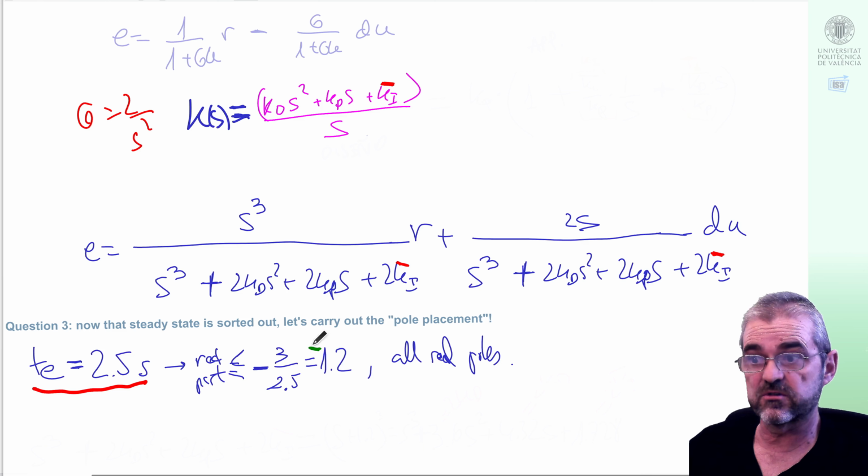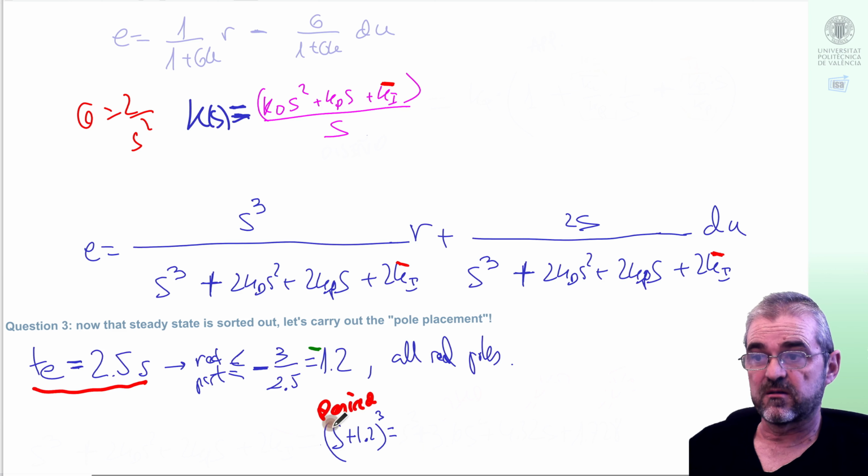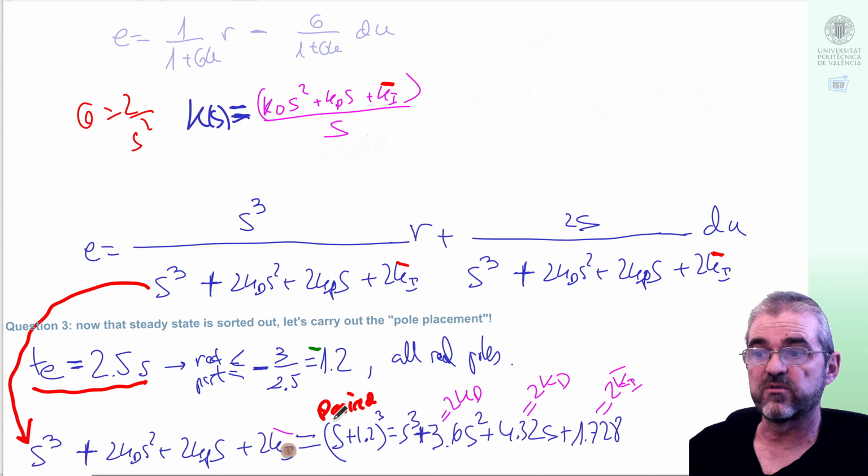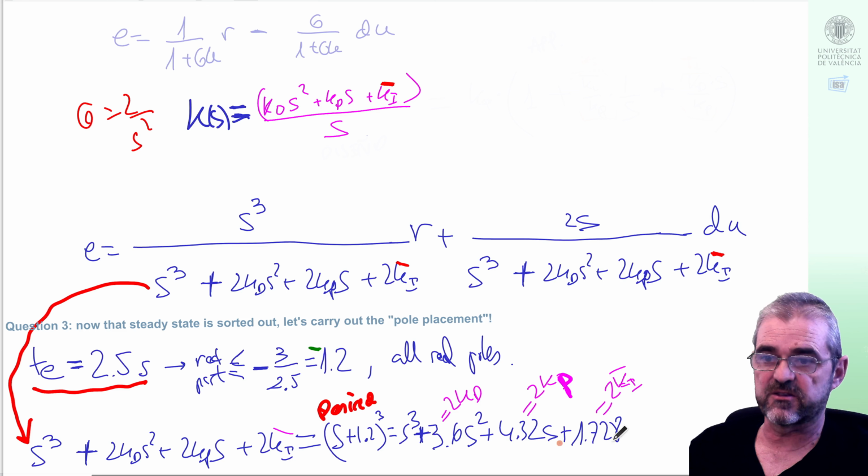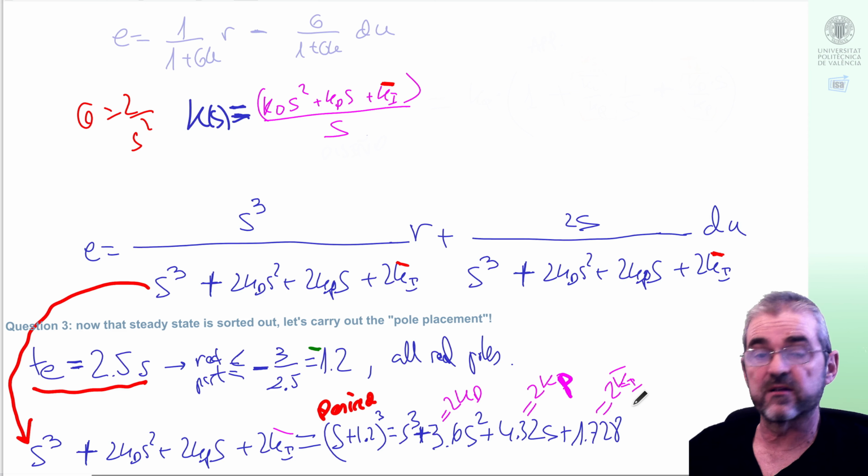So we will set 3 poles at minus 1.2, and this will be my desired polynomial. If I equate my denominator to the desired polynomial, carrying out operations, (s + 1.2)^3 is this thing, and so 3.6 will be 2kd, 4.32 will be 2kp, and 1.73 will be 2ki. So with this, dividing these numbers by 2, I will get the required controller and my exam problem will be